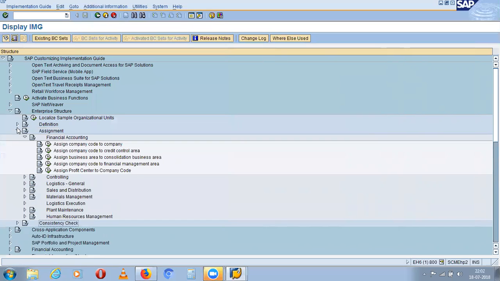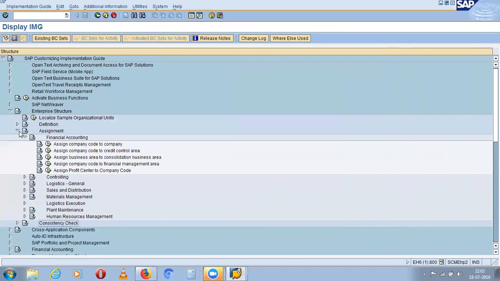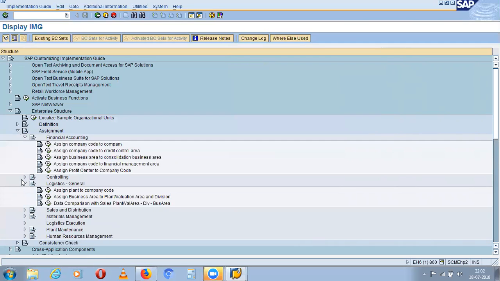When defining the plant, you had gone to logistics general, right? Now, instead of definition, you are into assignment. Under assignment, you need to go to logistics general. There you have assign plant to company code.